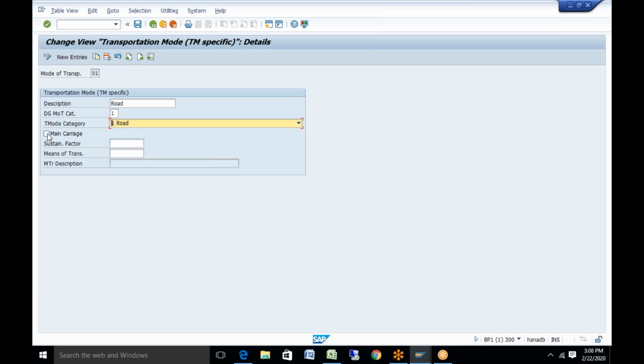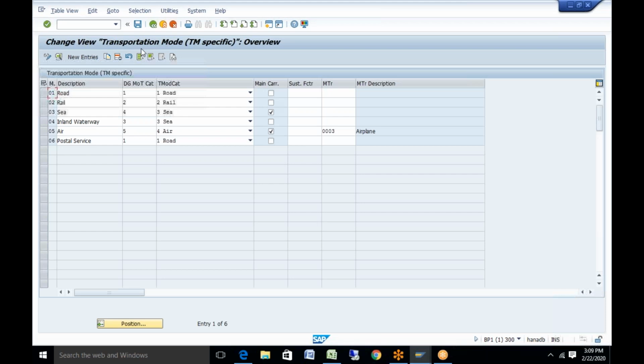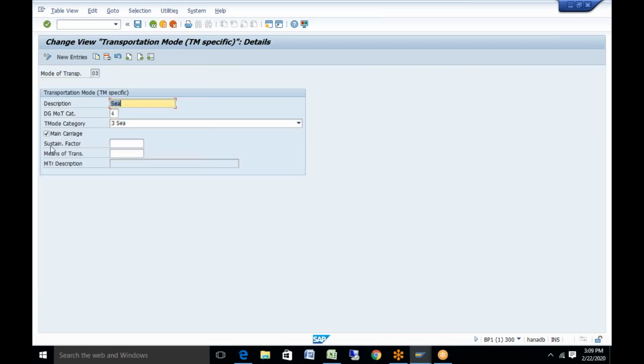The main carriage is used for the bigger part of your transport. In case you are moving your transport by truck, and then you use the sea or ocean as the main medium, then the sea or ocean will be your main carriage. So if I go to sea, this main carriage will be tick marked.